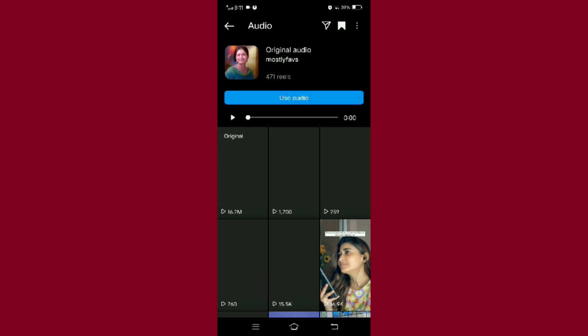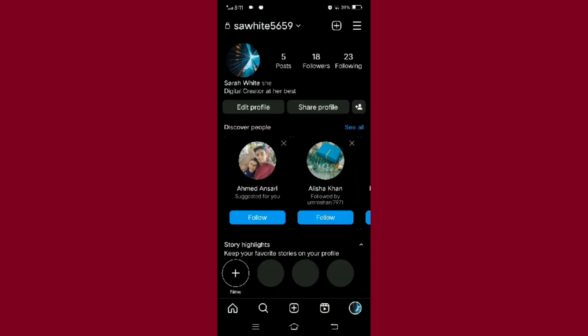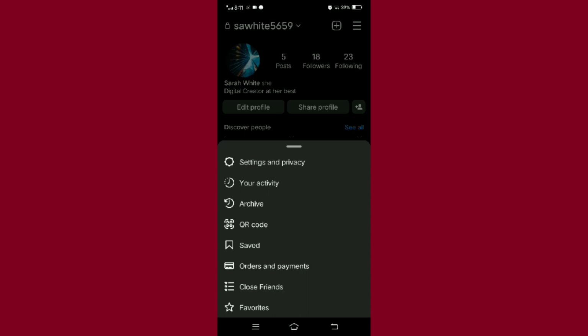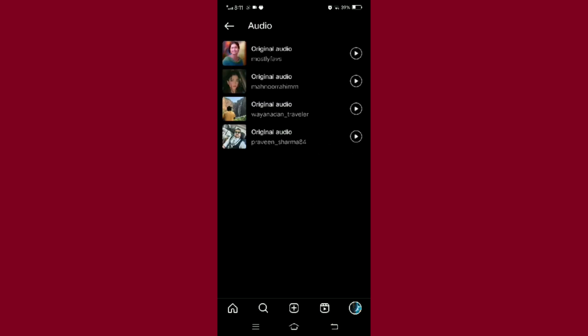Tap on this icon. Now go back, and when you want to use this audio, you need to open your profile and then tap on the three dash menu icon given at the top right corner, and then tap on the saved option. Now here at the right side, you can see the audio option or album. You can find all the audios that you save here, and then you can use these audios in your own